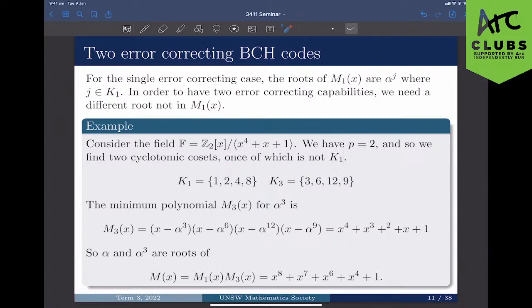So we look at the coset for 3, which ends up being 3, 6, 12, and 9. So that means the root for the minimal polynomial m3(x) is going to be x minus alpha cubed, since these are the indices of the power of alpha. So yeah, m3(x), the minimal polynomial for alpha cubed,